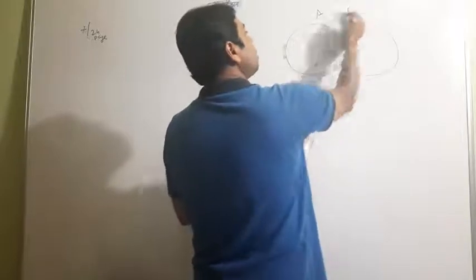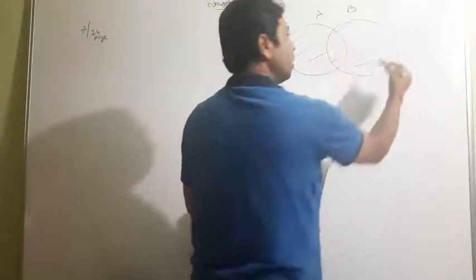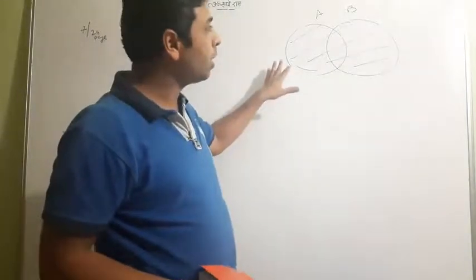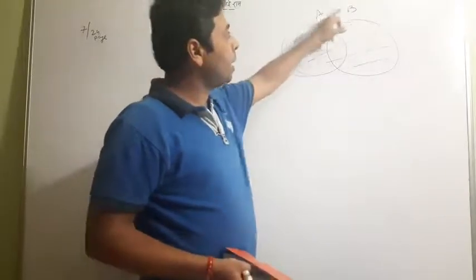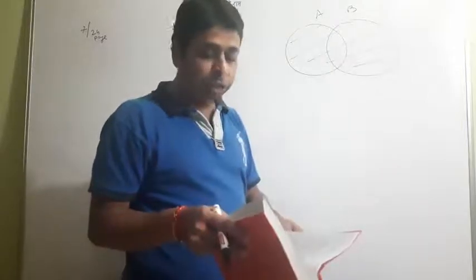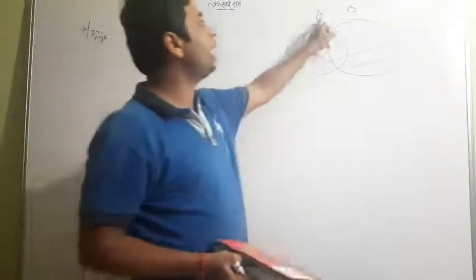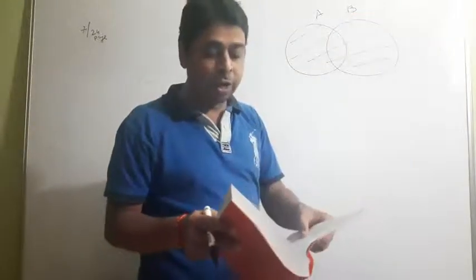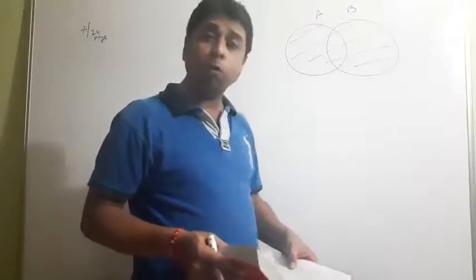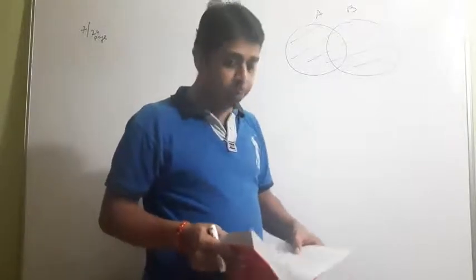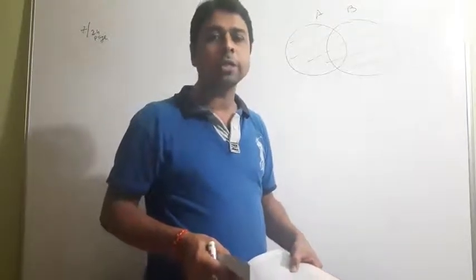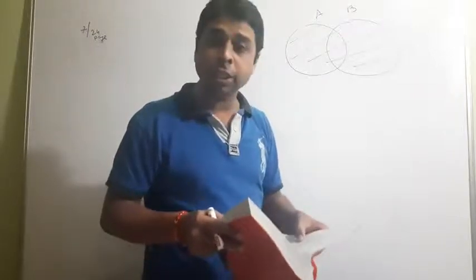So this is A and this is B, and we have 65 people. The whole meaning is that whatever the tennis players or cricket players, all combined players are 65. So you will count A union B is equal to what? 65 people. They are playing either cricket or tennis or both. But among the 65 people, 40 like cricket and so on. The rest of the question we will read, then we'll come to know the rest of the conditions.